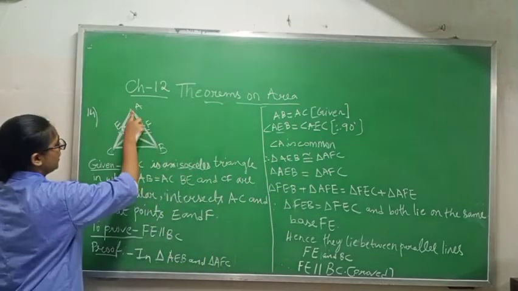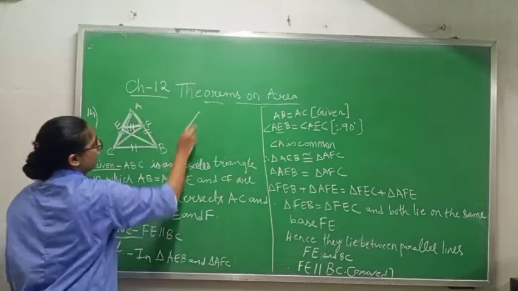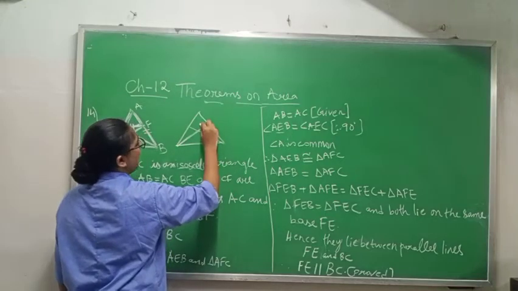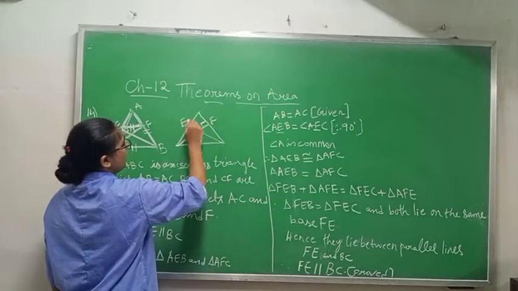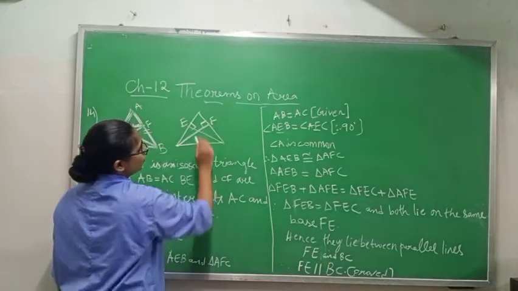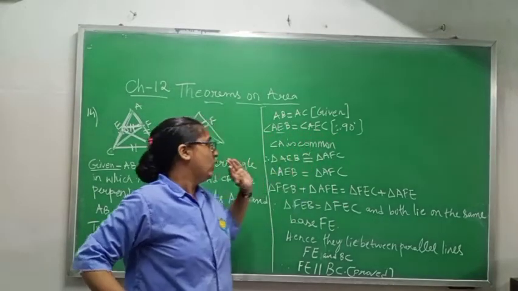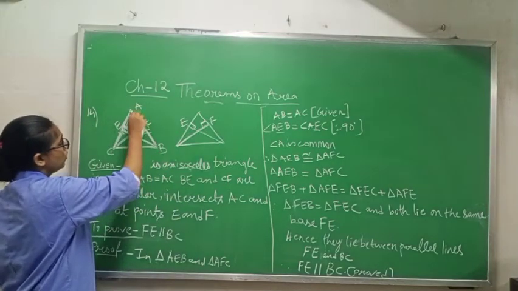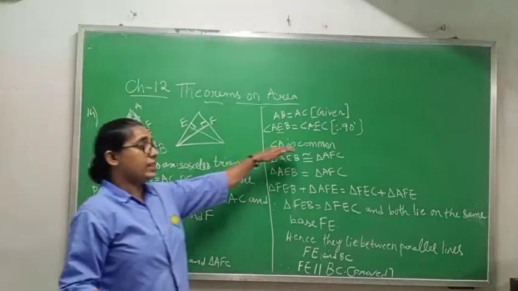Angle AEB, this angle is 90 degrees. Angle AFC, this angle is 90 degrees. When you draw this, since both are perpendicular, angle F and angle E are both 90 degrees. Why? Because both are perpendicular. So that is why I have written angle AEB equals angle AFC equals 90 degrees. Okay, and angle A is common. When you are taking two triangles AEB and AFC, you can see angle A is common.